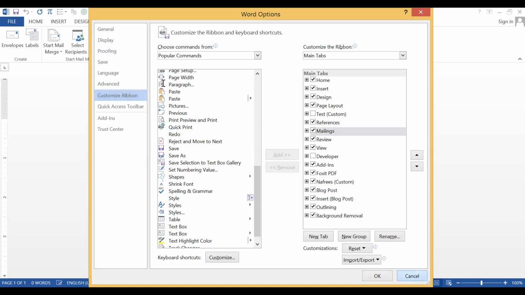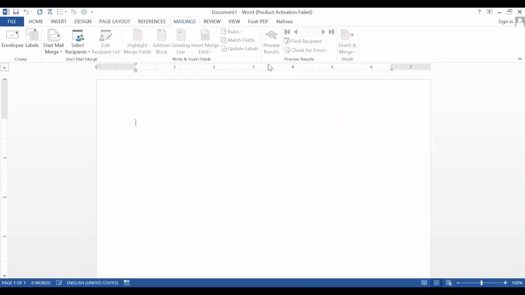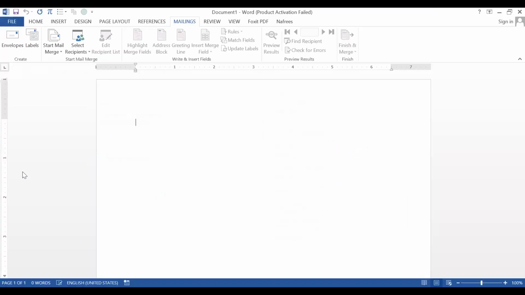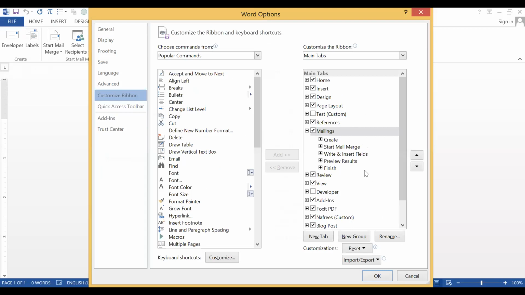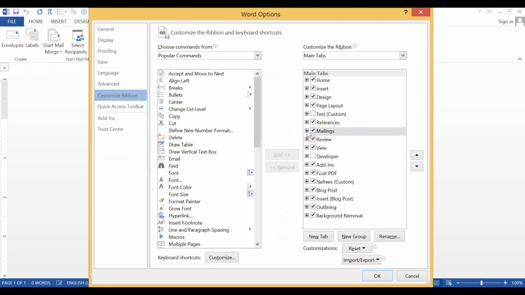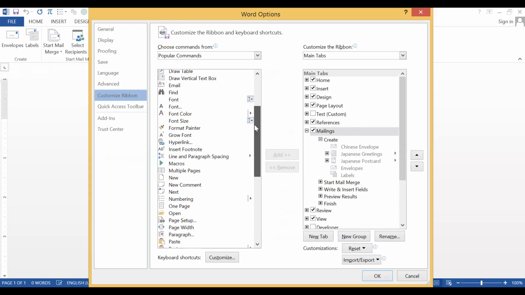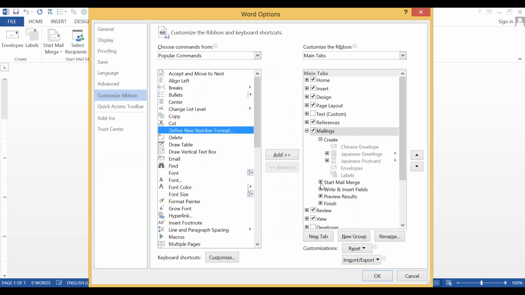If you can't find any ribbon or option, then you have to check this option, Customize Ribbon. In this area, you can find the main ribbons. Under this category, these are the subcategories. If you can't find any subcategory here, then you have to search from here and you can add it here. Finally, you have to click OK.